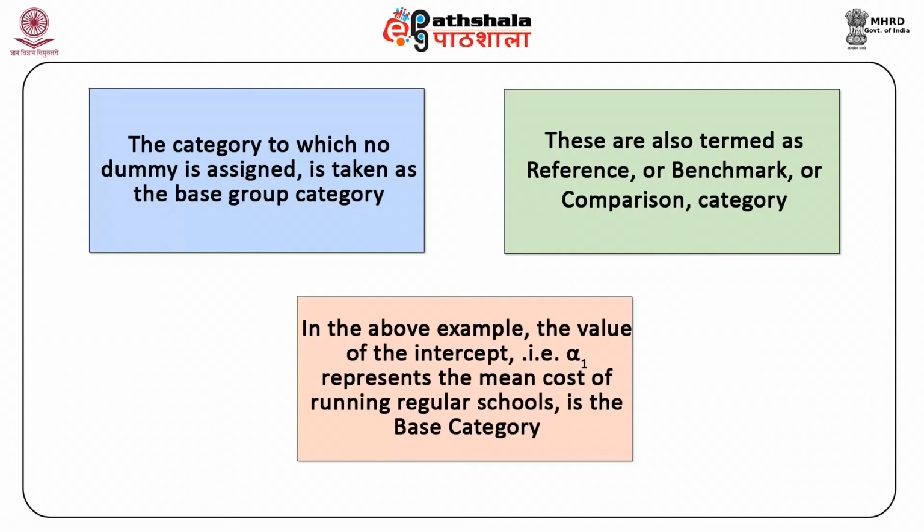It may be a common question which category should be chosen as the base category and what difference this can make to the regression results. Any of the two categories may be chosen as the base category. The regression results in both cases will be similar, even the R square remains the same. The only change will be in the intercept value and its t-value, and the sign of the beta coefficients will get reversed.